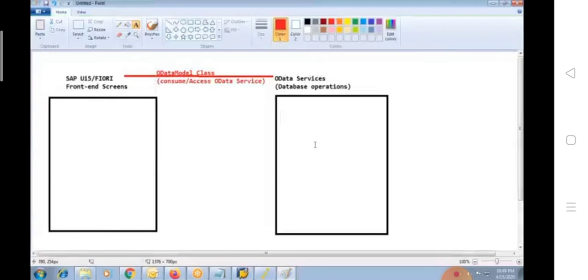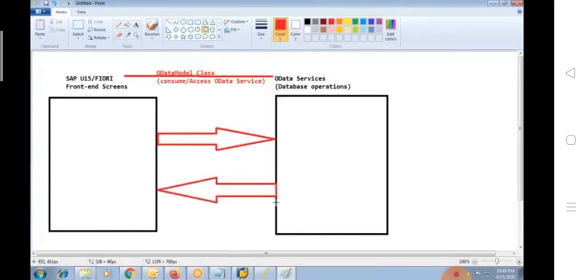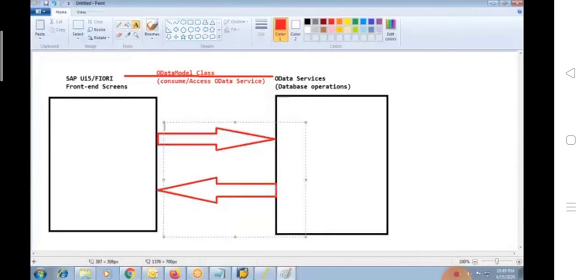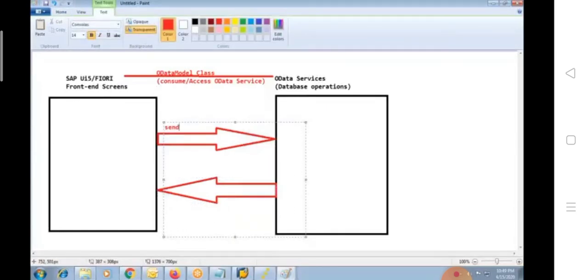But after consuming the OData service, we try to perform database transactions by sending the data, and we can receive the data between front-end and OData. So after the service is consumed, we need to send data here, and we can receive data from here.